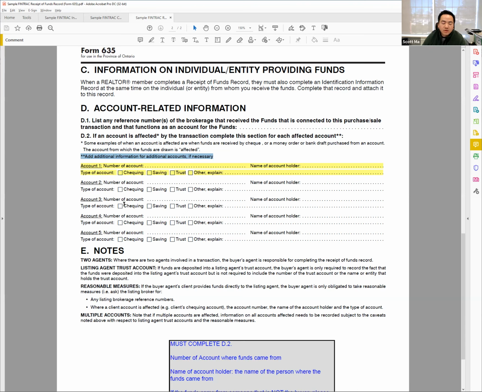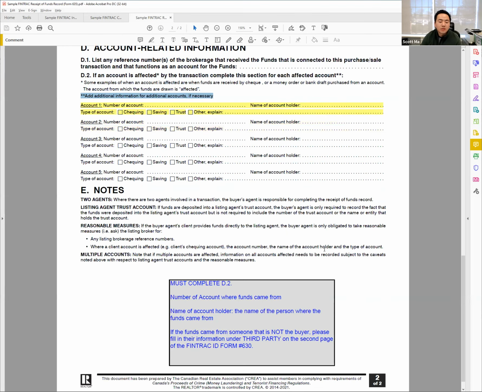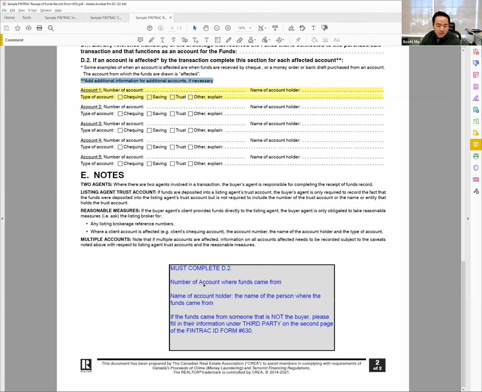And part of it is, if FINTRAC ever does audit this transaction, they have to be able to trace where the funds came from, which account, and who was the account holder. Does that account holder match the name of the individual on the transaction? If it doesn't, then hopefully you completed the third party section, right? So here, you can see